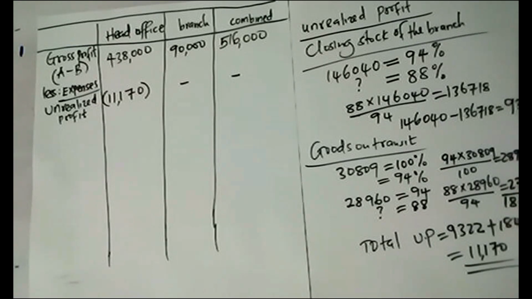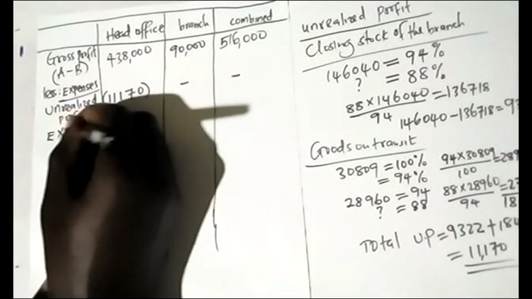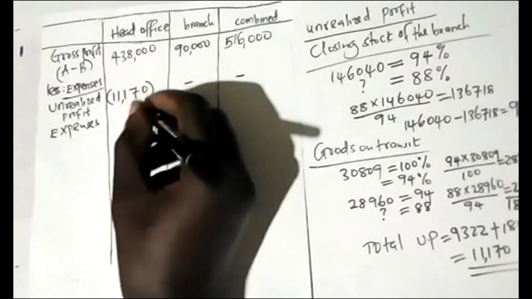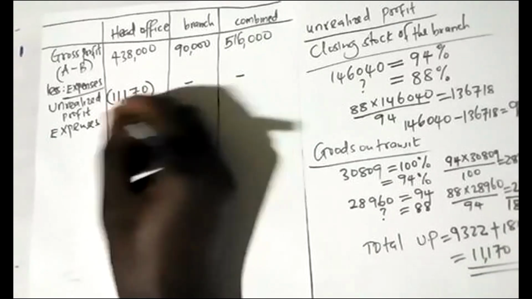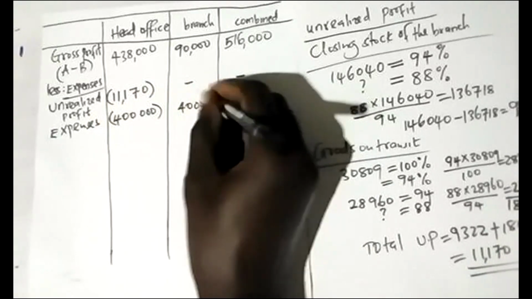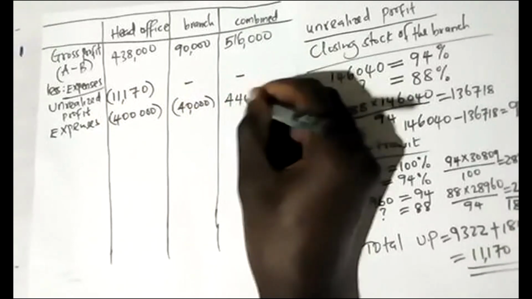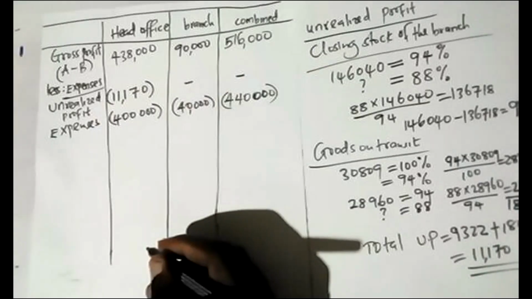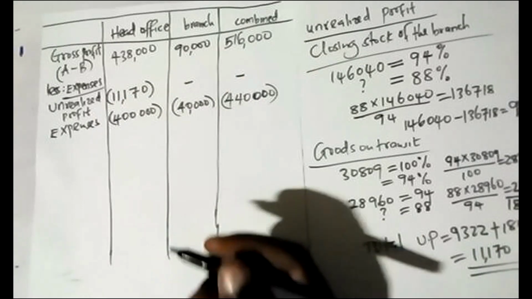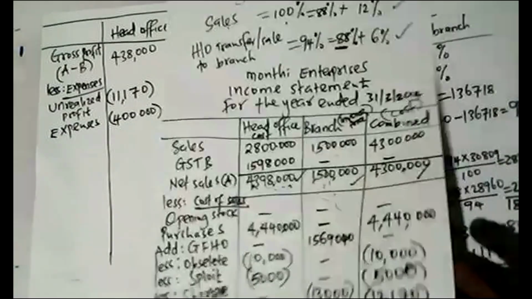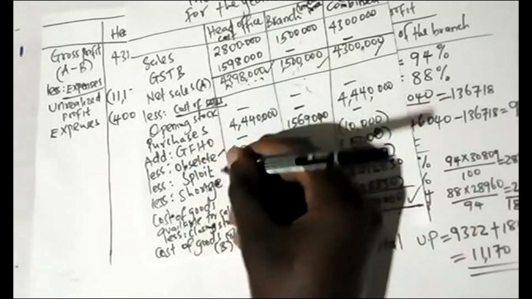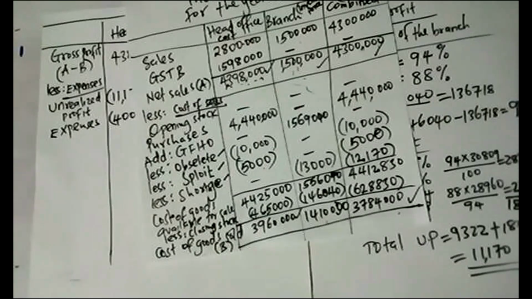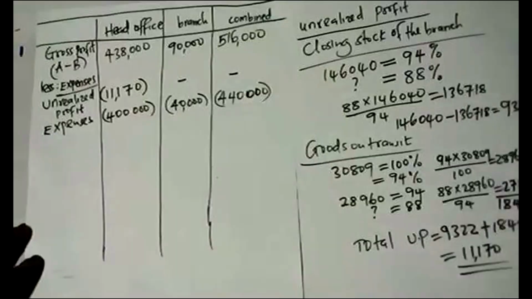Then other expenses. I can see from the trial balance we have something they call expenses, direct from the trial balance. The 400,000 and the 40,000, you can check on the trial balance, head office and the branch. This one you add directly; the ones which are direct from the trial balance don't require any workings. Then remember that besides these items, the obsolete, spoiled, and the shortage reducing our stock are at the same time expenses to the entity. So we have to record them up there, and again record them as expenses down here.